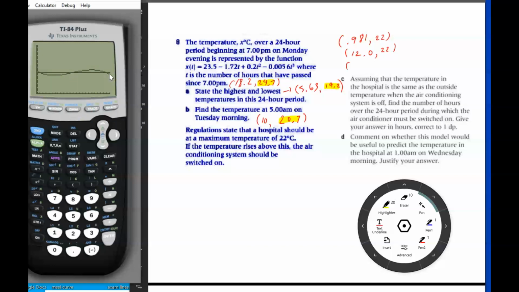And then remember that I had the second function at 22, and I'm finding the intersection points so that I know when those times are. And so like I already found this one and this one, now I'm going to find the third one. I find the third one the same way, second calc intersect, and then I move the cursor close to the third intersection point, we hit enter, and then first curve, second curve, guess. And then I hit enter again, and then it tells me that the answer is